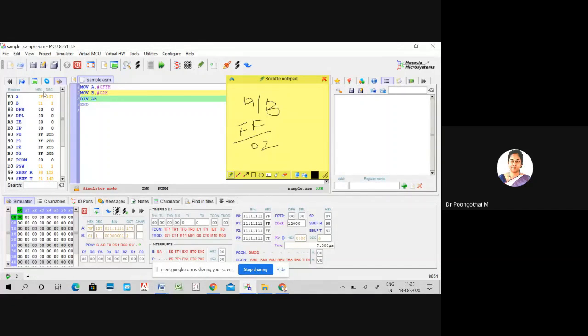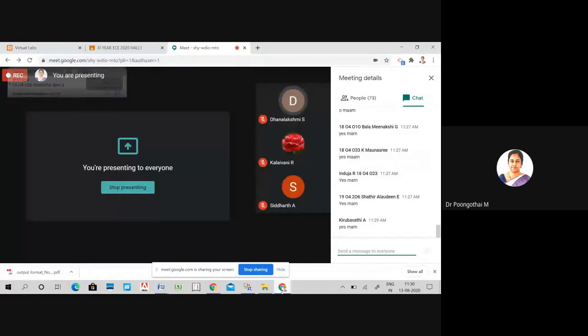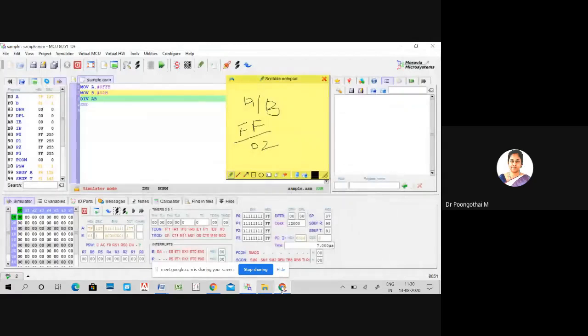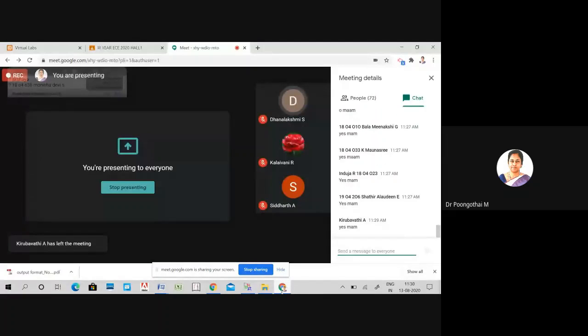So you will be getting this answer, that is 7F. Your accumulator holds 7F, the remainder will be 01. Any doubts? After division, your quotient will be held by the accumulator and the remainder will be held by the B register.